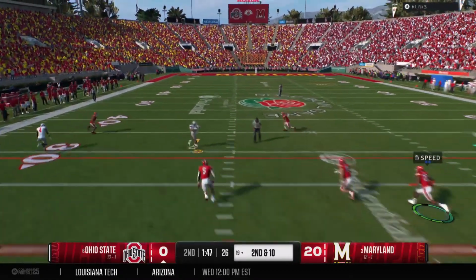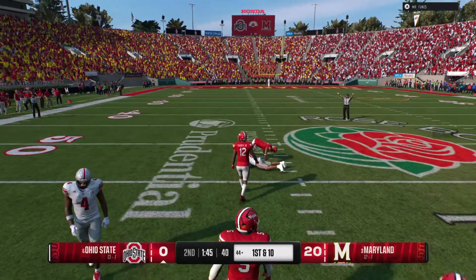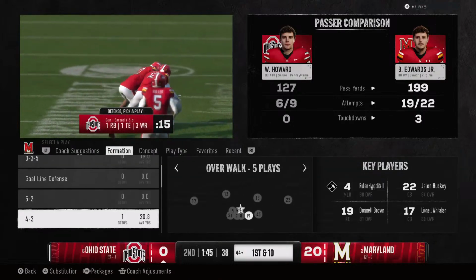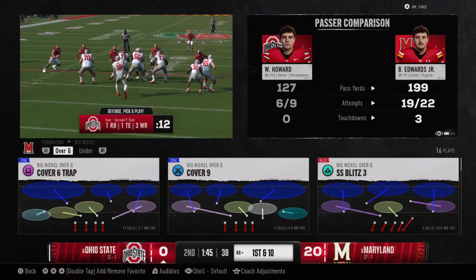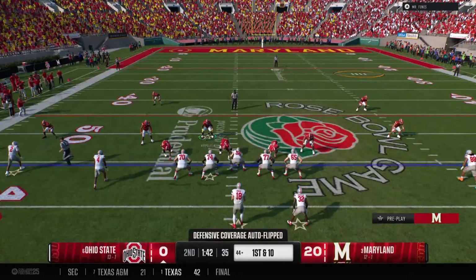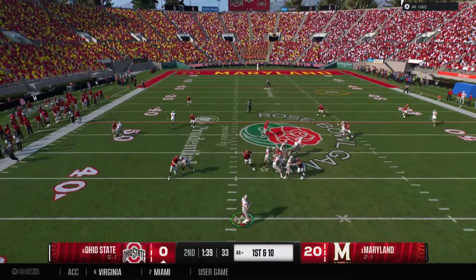Drops back from the shotgun, looking for an open man. And he's got his man open downfield. And the play is good enough for a first down. They'll move the ball to the 44. What a pitch and catch by the quarterback and receiver for a big gain for this offense. This offense has gotten going at long last. It's another 1st and 10.